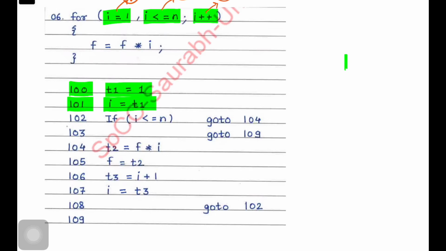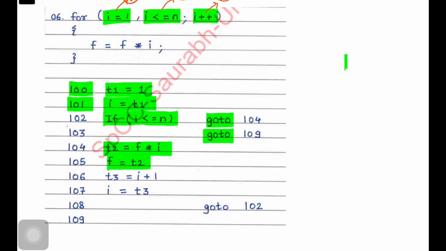Now what will happen over here? I will check the condition. If I is less than or equal to, go to some location. We'll wait for that. If it is false, again if it is an if condition, we have two statements. If it is true, go to this statement. If it is false, go to this statement. False, then go to this particular statement, 104. What will happen over here? Inside the loop there is f is equal to f into I. So that is getting executed.